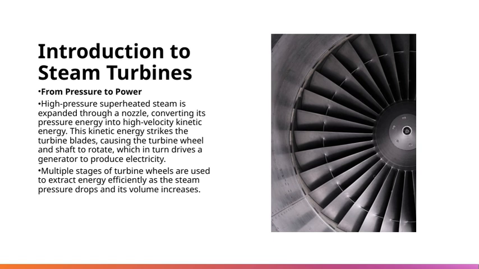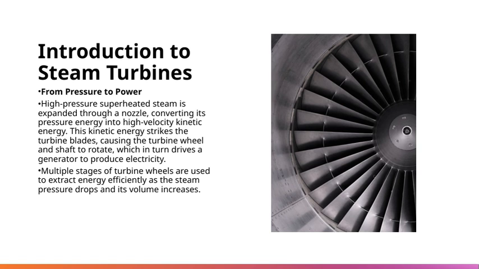That's the core of how we convert thermal energy into electrical energy. Now, because steam pressure decreases as it expands, we typically use multiple stages of turbine wheels. These stages allow us to extract energy more efficiently, ensuring we maximize power output even as the steam's pressure drops and its volume increases. This multi-stage process is what makes steam turbines highly effective for generating large amounts of electricity